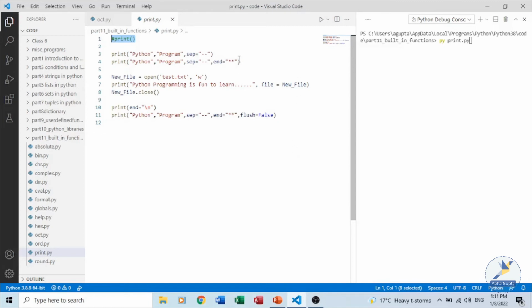Now we'll discuss that as well. The first statement is trying to print Python and program followed with a separator. In the second statement, we are trying to end the statement with a value which we have provided as end. Then after that we are using the open and close functions to open a file, and we are trying to print